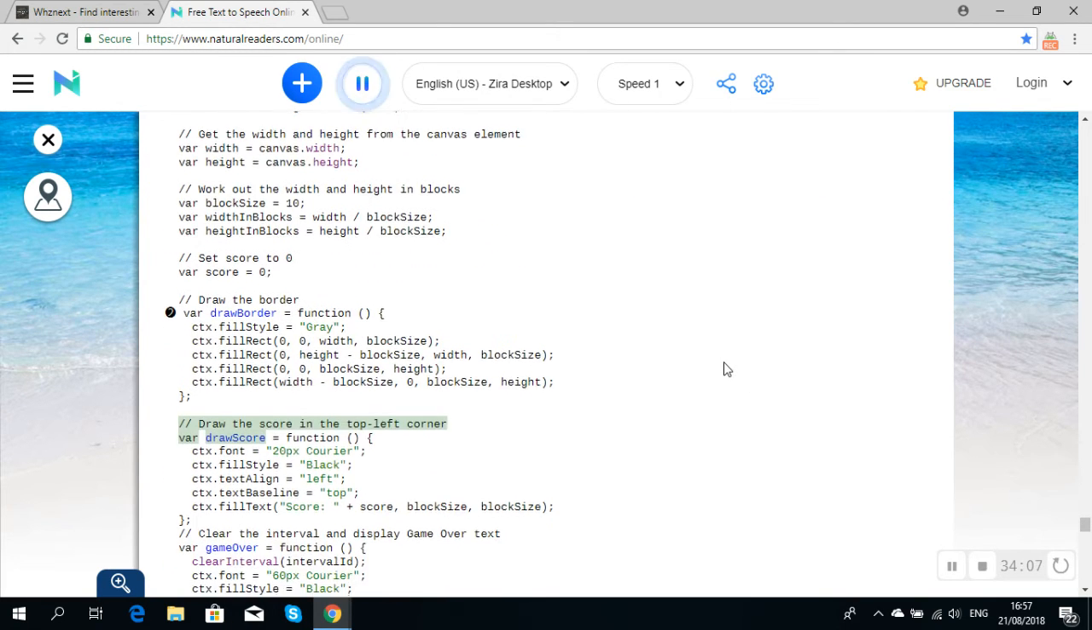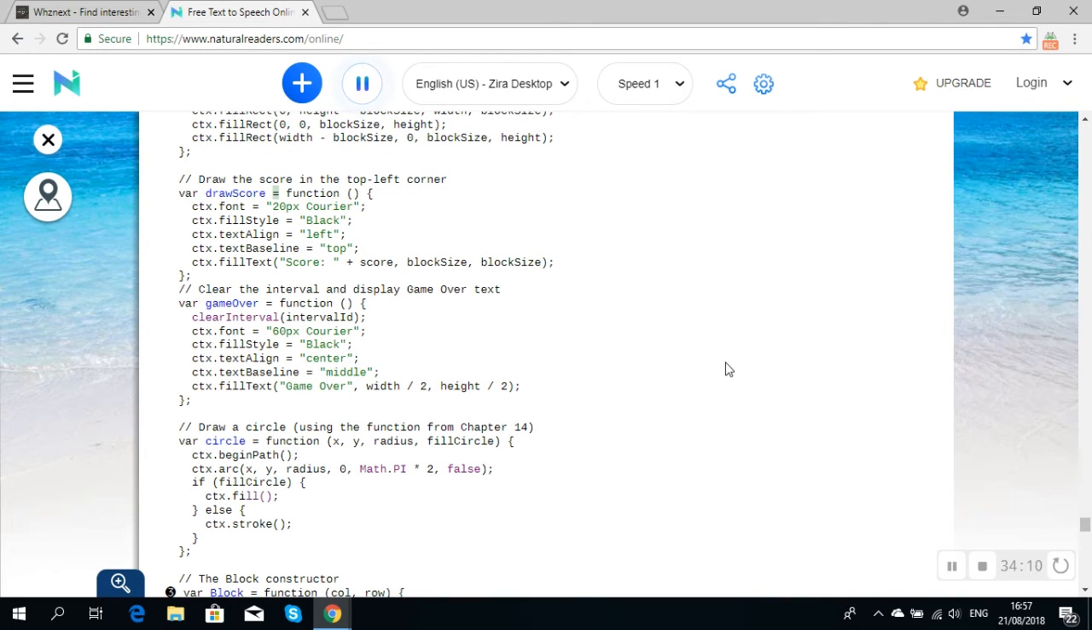// Draw the score in the top-left corner. var drawScore = function () { ctx.font = "20px Courier"; ctx.fillStyle = "Black"; ctx.textAlign = "left"; ctx.textBaseline = "top"; ctx.fillText("Score: " + score, blockSize, blockSize); };